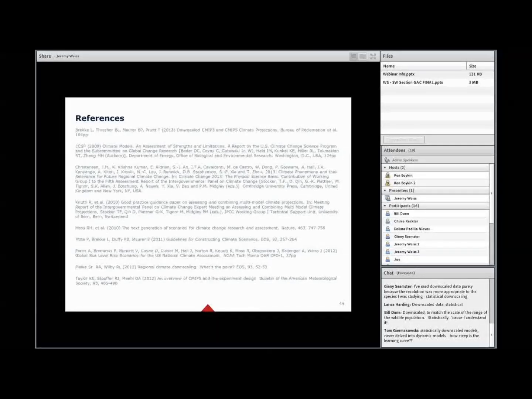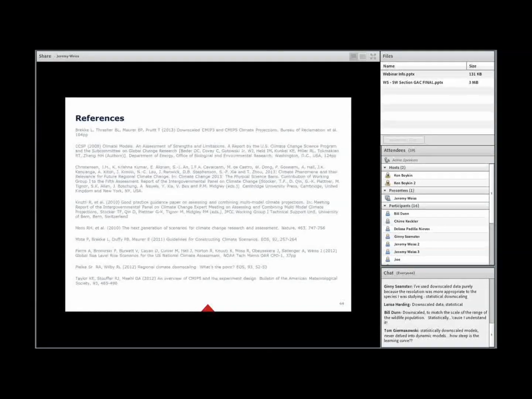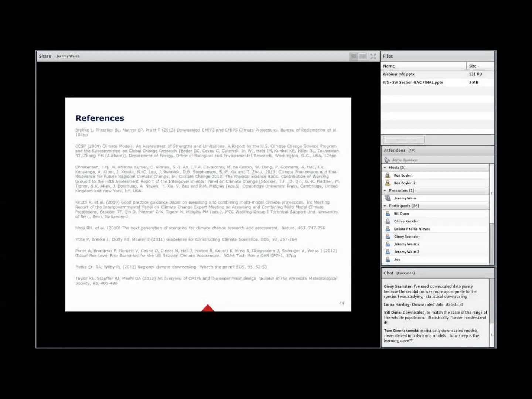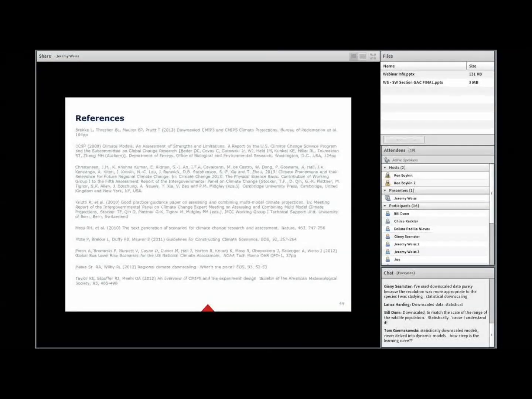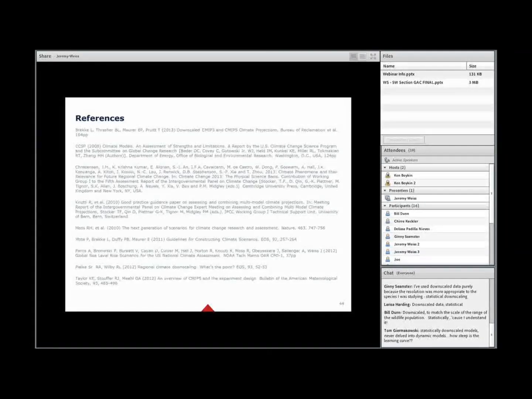When it comes to individual models, of course, one of its strengths, or the argument for this approach, is that you can select the models that are doing a good job of representing the key features of regional climate that you need to assess for some application of these data.